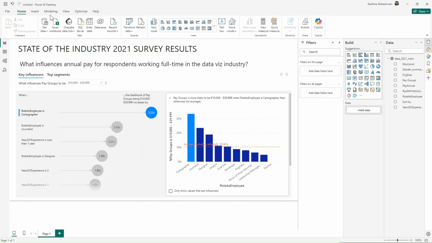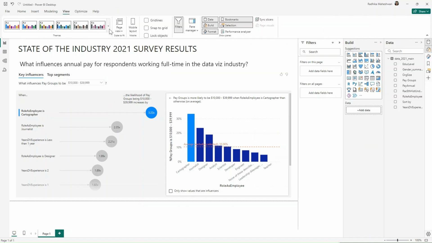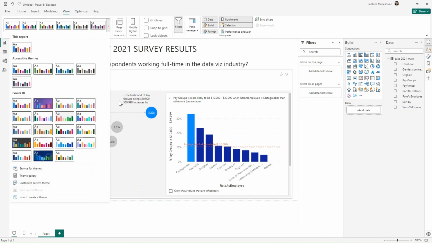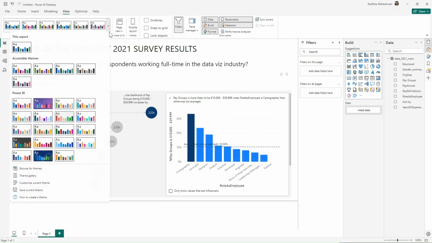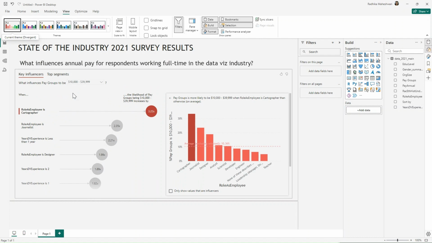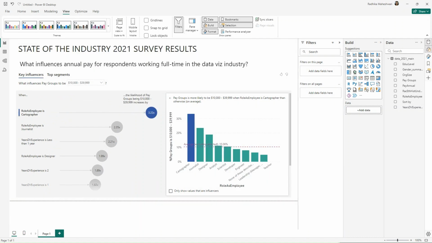We can change the theme now. So I'll go to view and choose this theme. Choose the same theme as was in the challenge. And we can change the background color as well.